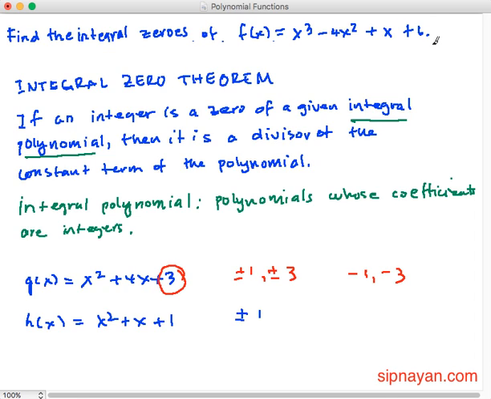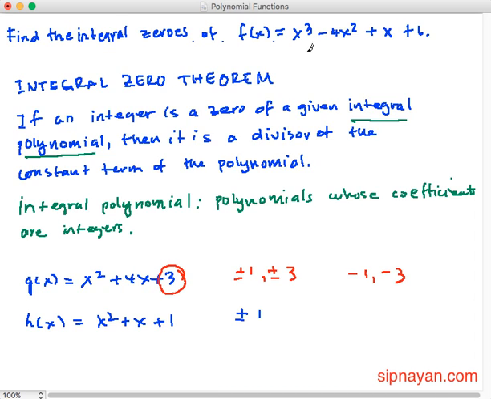Gaya ng sinabi ko sa previous video, susolve natin itong polynomial function na to. We will get the zeros using the integral zero theorem. So kung napanood nyo yung previous video, hindi pa natin nasasagutan to, no? Nagbigay tayo ng mas madaling example. But here, we will apply the integral zero theorem, which we have learned from the